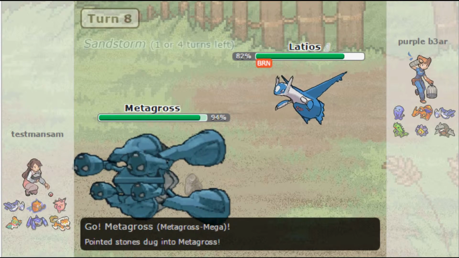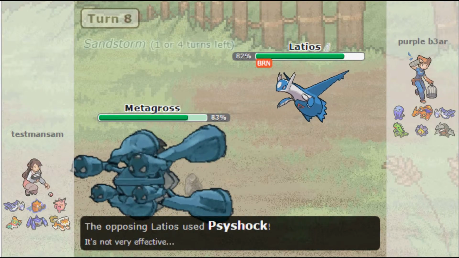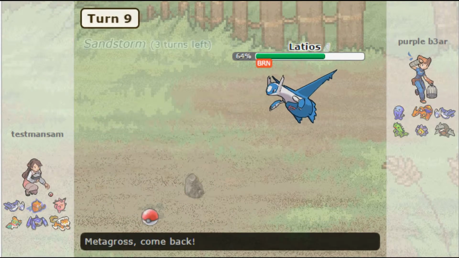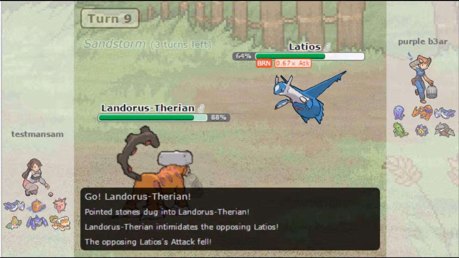That was probably my best play, but I end up going for Psyshock like a noob. But it does 11%, which is really kind of cool because he quad resists that, and it does 11% still. And it's a Metagross, so it has Mega Metagross, so it's boosted defense. Here, I predict him to switch out, and I'm going to go for another Psyshock, and I get it right,